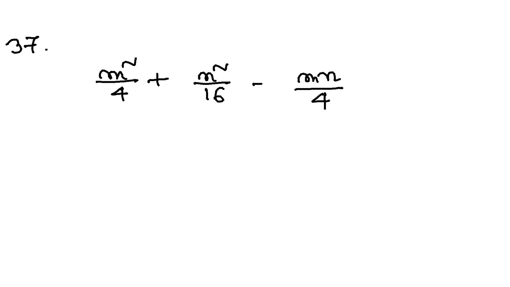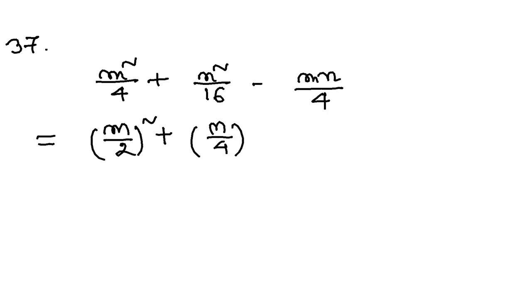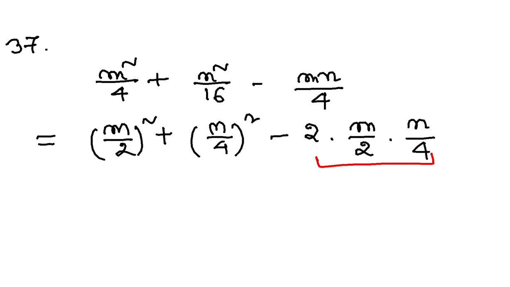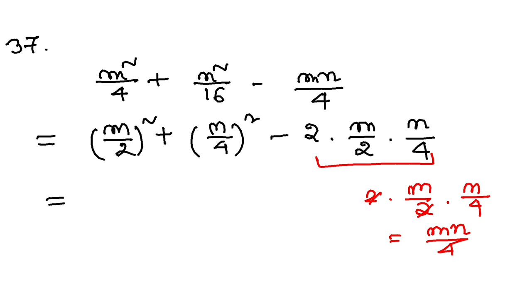Now question number 37, this kind of questions I have discussed already in the previous videos. This can be written as m by 2 whole square, and this is n by 4 whole square, isn't it? So a square plus b square minus 2 into a into b. Okay, because if you calculate this part, try to understand some logic over here. If I calculate this part, 2 and 2 will be cancelled. What am I left with? I'm left with mn by 4, isn't it? Okay, so this is like a square plus b square minus 2ab. So that is a minus b whole square. All right, so that is question number 37. Now let's go to the last question, that is question number 38.